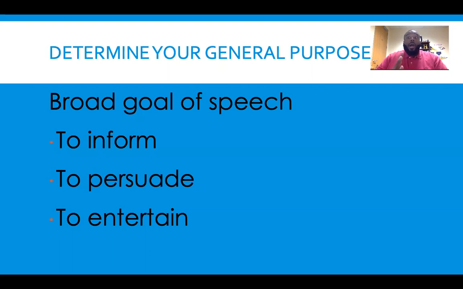So there are only 3 options for your general purpose. So this could be pretty easy. The first is to inform. Now, when you're informing your audience, when your general purpose is to inform, essentially, you want to teach something, you want to demonstrate something, you want to define something or describe something. So your overarching goal is typically to teach, but we label that to inform. In teaching this thing, you're describing, defining, or demonstrating,